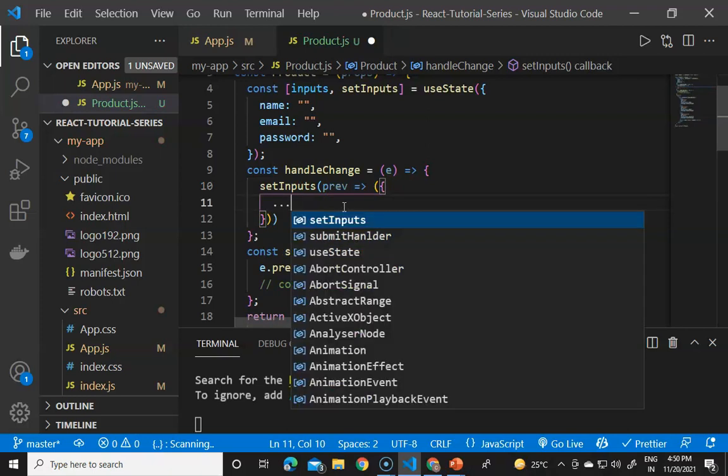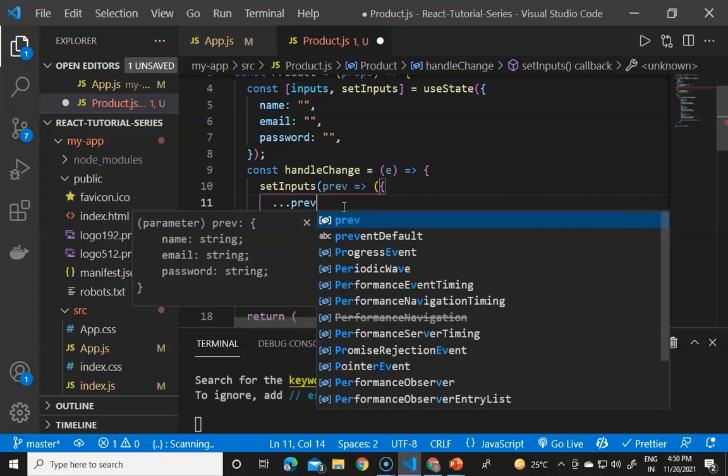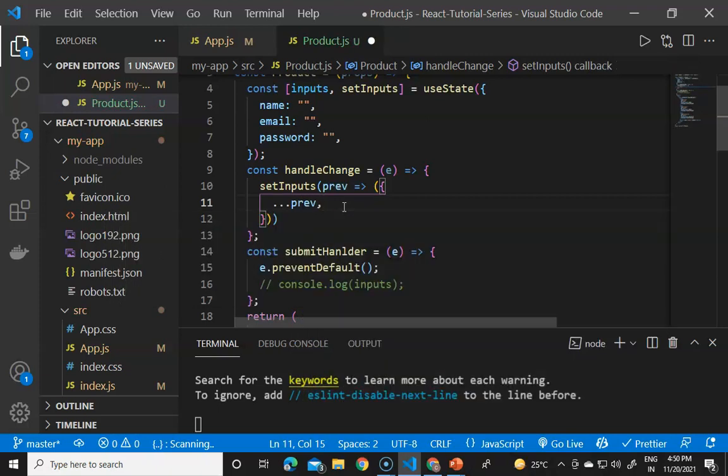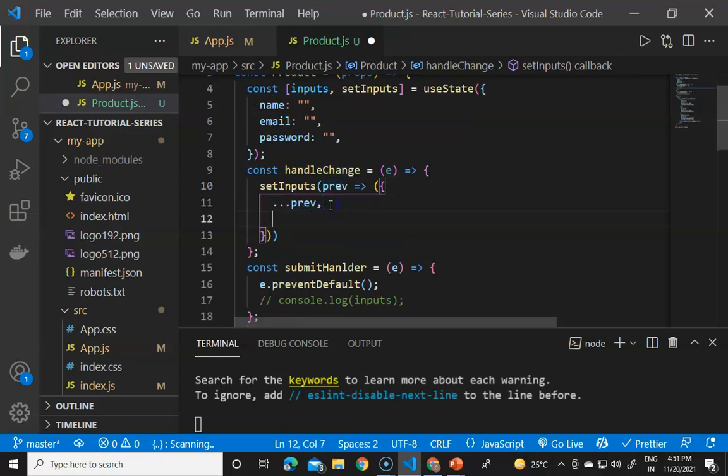So we have to use here the spread operator with that, and the spread operator is available in the ES6. So it will give us like the first, it will contain the previous state of the name, email and the password, and then first we have to store the previous state, and then we have to store the actual inputted value like the A, B, C, D or anything, and then we have to get the actual input value from the input ID.